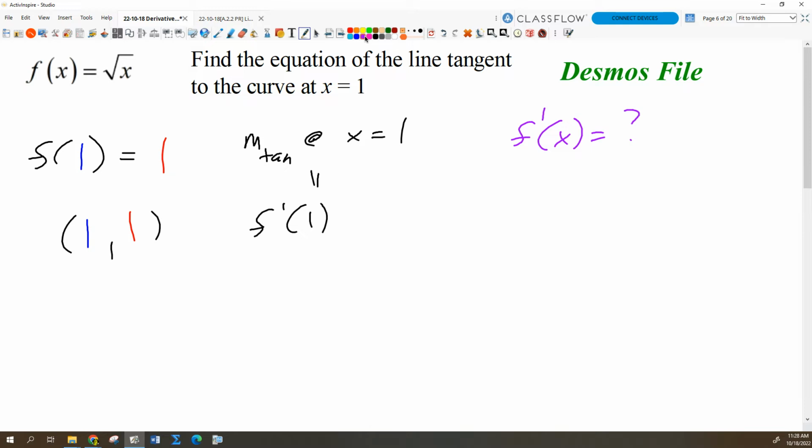So where do we always start? Well, we start with our derivative formula. What's the definition of a derivative? F prime of x is defined as what? How do we define the derivative function? The derivative of the function f of x is, it's just the same every time. It's just a formula. It's the limit of